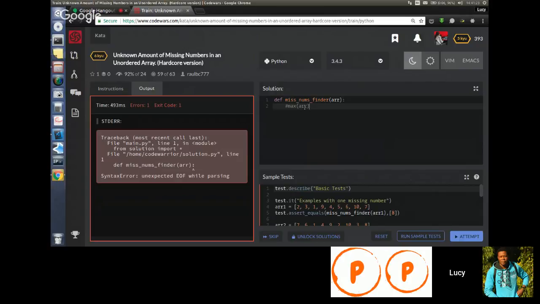And then we need to make a list that starts at 1 and ends at n, or the maximum number. So we should do range 1 to the maximum number. I'm cheating.